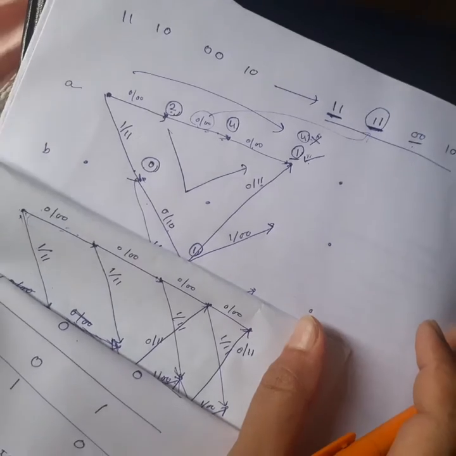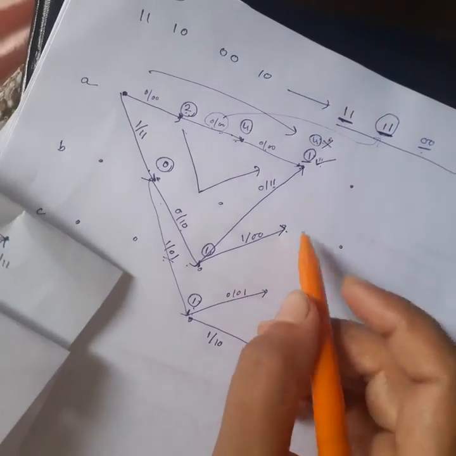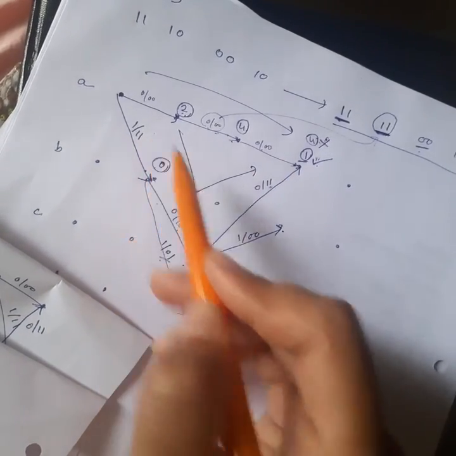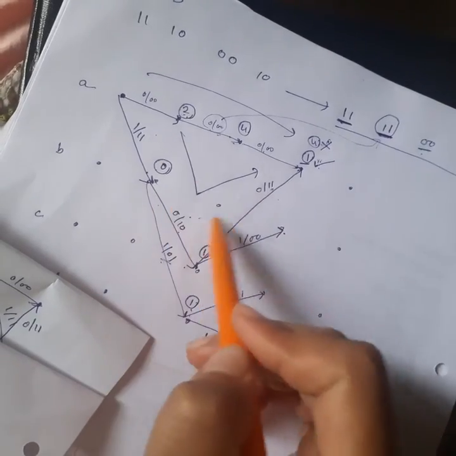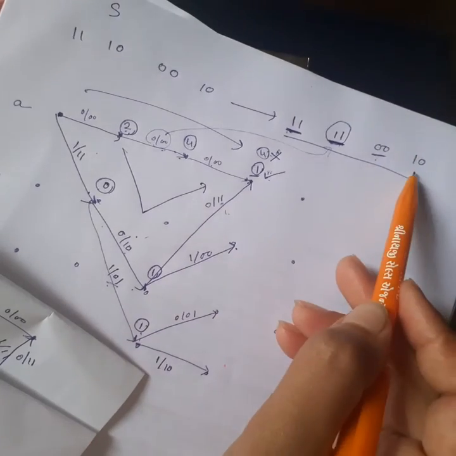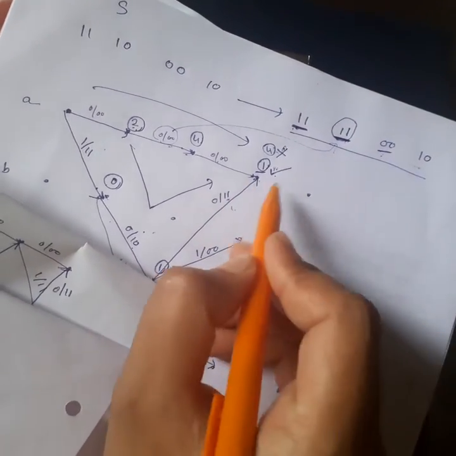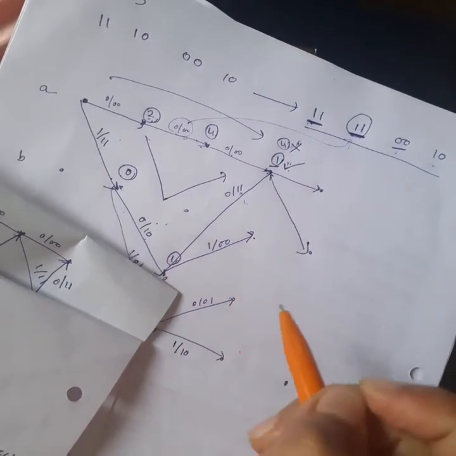Okay, then likewise we have to calculate it over here, right? But let us finish this first. So 3 steps are over: 1 1, 1 1 and this 1 1. We can see 1 1, 1 1, 0 0, right? 3 steps are over. Now we have to think about this 1 0. So you are supposed to check it over here. I can follow this approach or I can follow this approach, right?